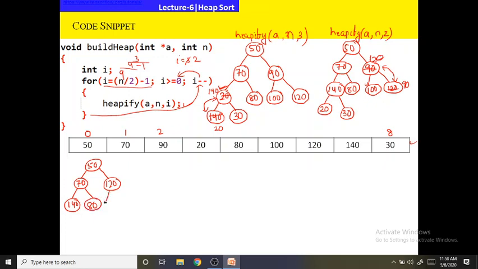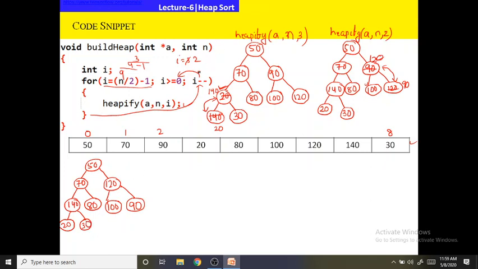Here we will get 100. And here we will get 90. Here we will get 20. And here we will get 30.